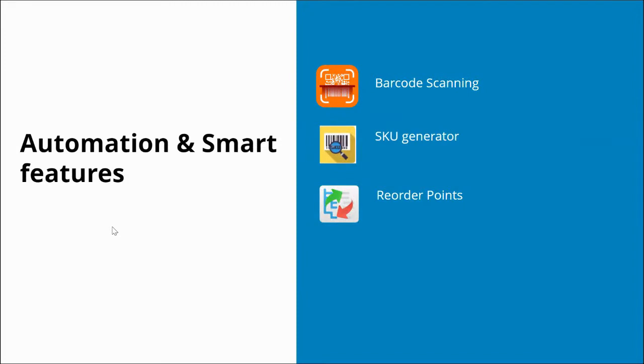So, what are the smart features and automation available as a part of Zoho Inventory? First comes the barcode scanning. You can generate the barcode and assign it to each item. When the barcode is scanned while selling the item or while transferring the item, the system recognizes the item automatically. And we have the option to create the SKU code automatically, and you can also set the reorder level for each item. So in case the item goes beyond the reorder level, an SMS notification and automatic email notification will be sent to the procurement team,